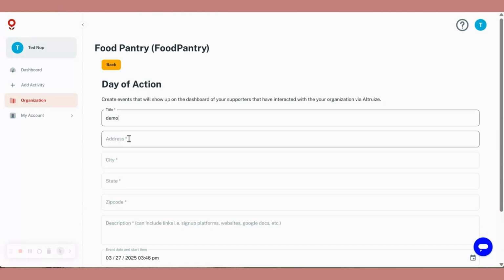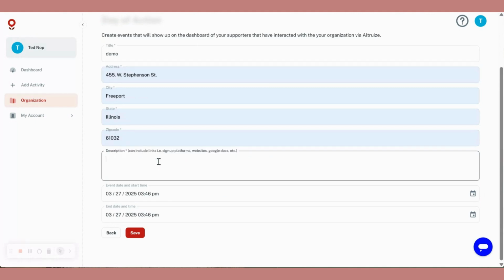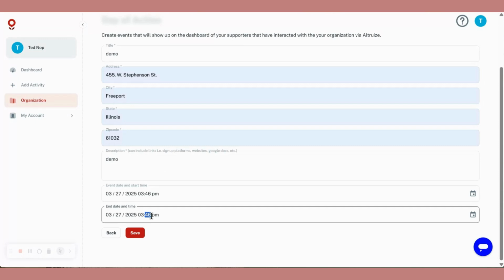So you put in a very nice descriptive title, put in where the location is, and then this description area can include links. So if you already are using like Sign Up Genius or Google Docs or whatever way you have of signing up your volunteers for certain events, then by all means, put that link here. If you need them to visit your website or a different website, or you've got any number of things that they need to look at before they can volunteer for your organization, maybe they need to download some sheets and sign off on certain things, you can include that here in the description. Then you'll put in the date and time, click Save,